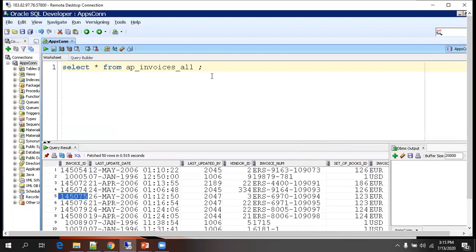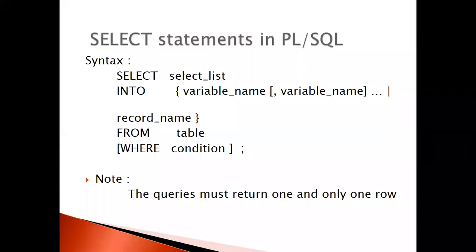But if you want to execute a similar query inside PL SQL, there should be a placeholder or a variable which holds the value, so that you can consume it inside the PL SQL. That is the reason the into clause is provided in PL SQL.